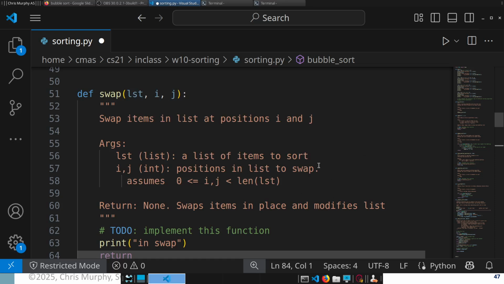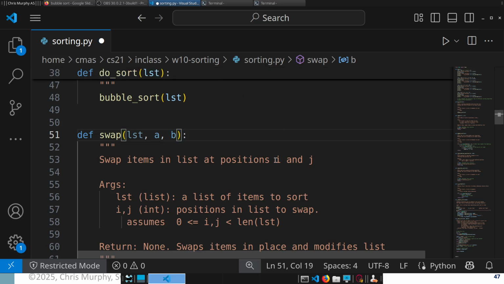Now, in the bubble sort function, I was using j to control the outer loop, i to control the inner loop, and those values are not necessarily i, j here. So to clarify that, I'm going to change this to a and b,